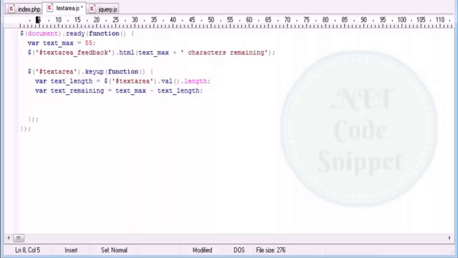Now that we've created these two variables, we want to finally output this to the text area feedback div. So we can say $, and we reference text area feedback. Then we say .html, as we did up here, and then we say text_remaining plus, and then we do exactly the same as we did up here,